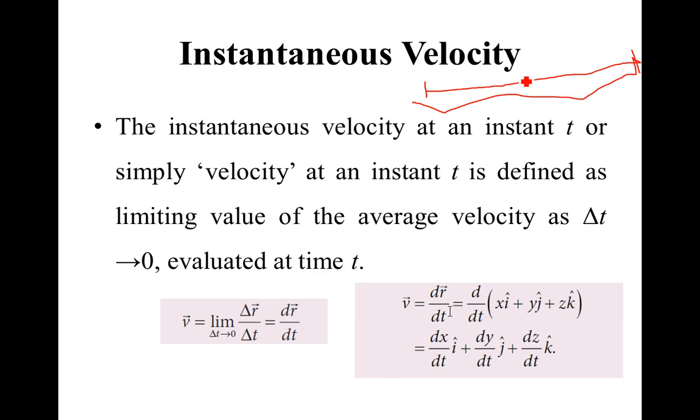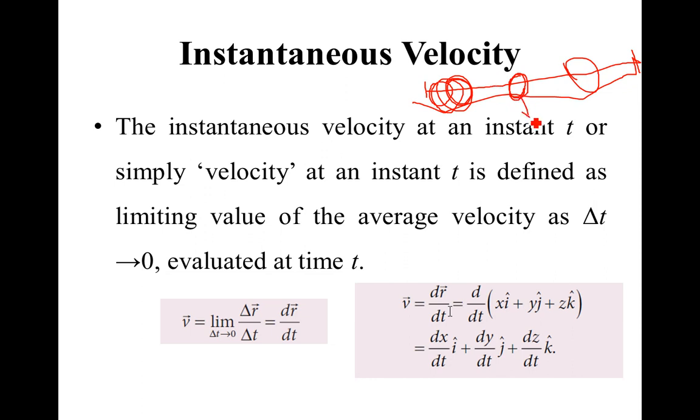If I want to find the velocity at one particular instant of time, for this point alone, because velocity is nothing but, for your understanding, I'm saying it as speed. If the speed of the object is like this, it moves with one speed here, and this may get reduced at this point, and again it may get increased at some other point. So the velocity keeps on changing.